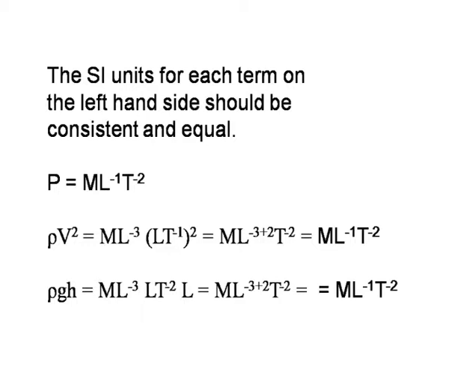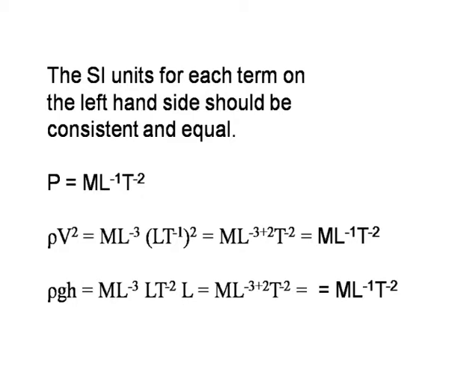Rho V square is equal to the dimension of density, that is m times L power minus 3, times V square, that is the dimension squared for the velocity, which is L times T power minus 1 whole square. When we multiply these two dimensions, we end up with the net dimension m times L power minus 1 times T power minus 2. Similarly, for rho g h,